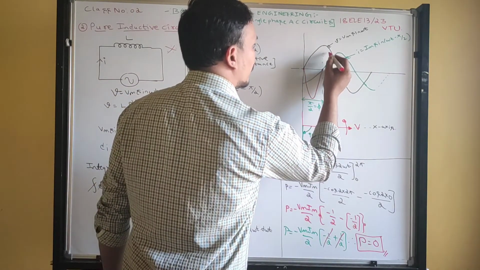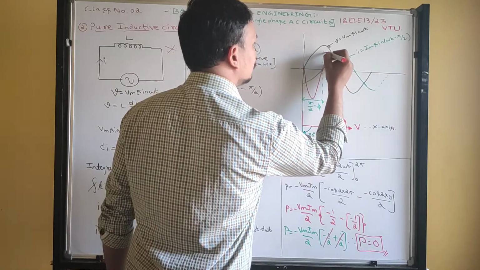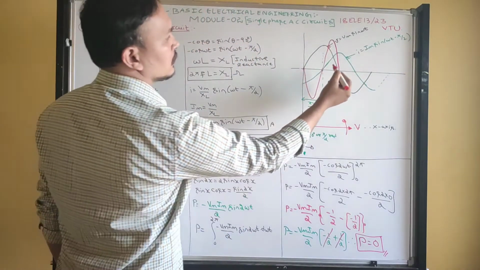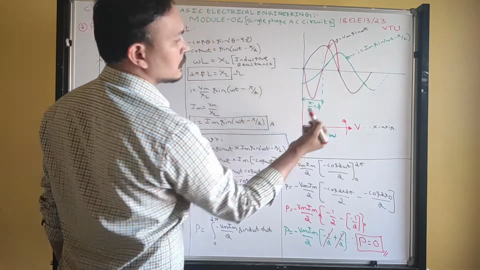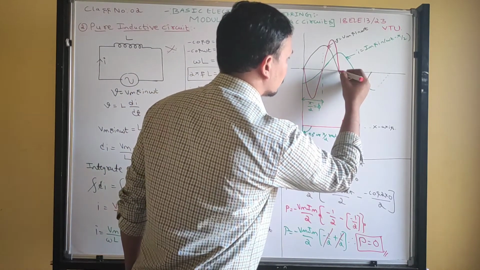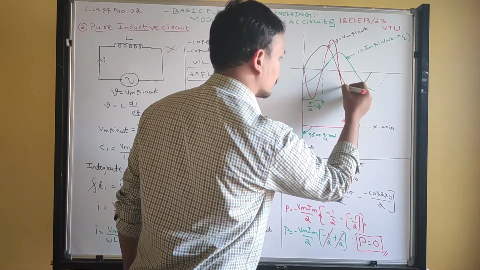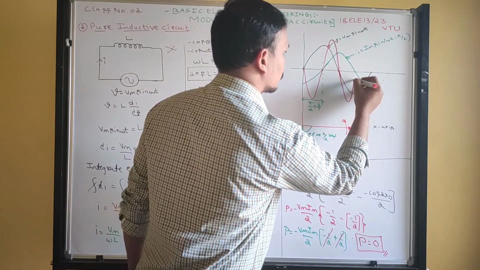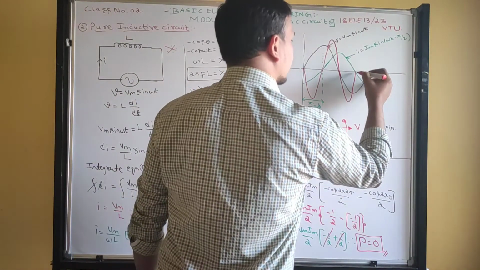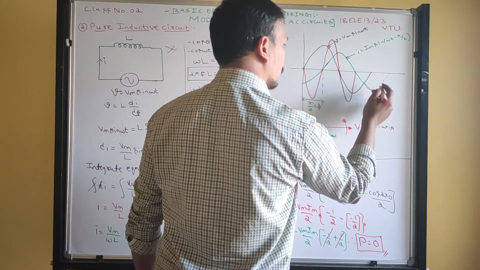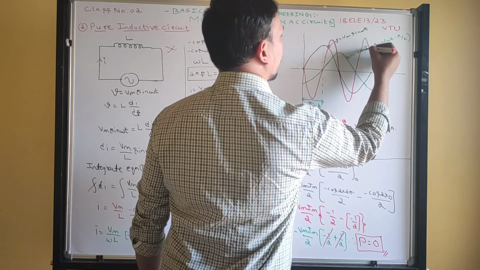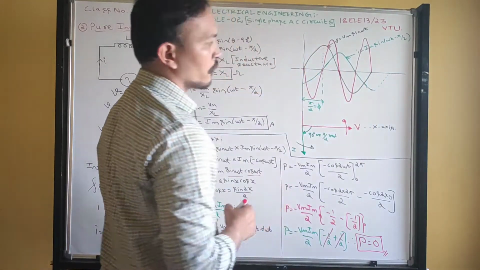So next multiply this, positive into positive, positive. Again you will get power like this. Now here maximum current, 0 voltage, means 0 only. Now positive into negative, negative. Therefore power comes on the negative side. So if I multiply these two waveforms, you will get power waveform like that. Next again, negative current, negative voltage. What you will get? Positive power. Negative into negative is positive. Okay, so this is how we got.